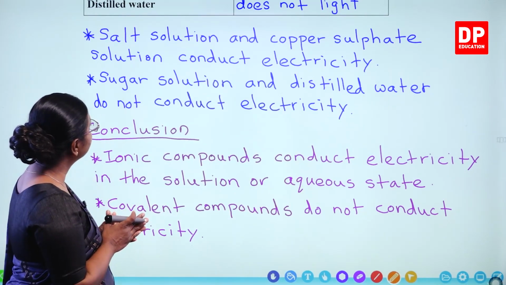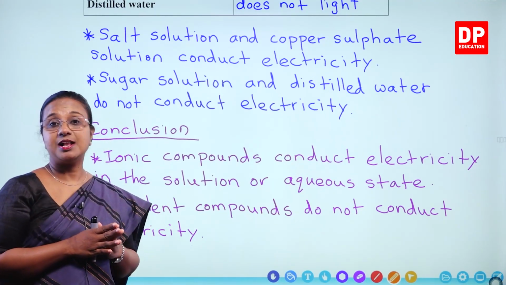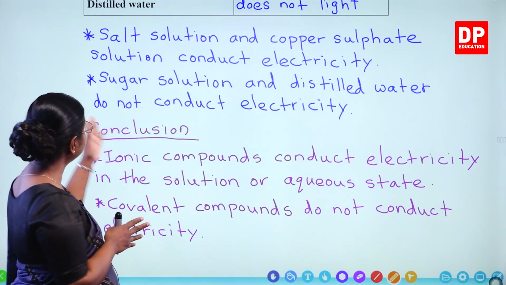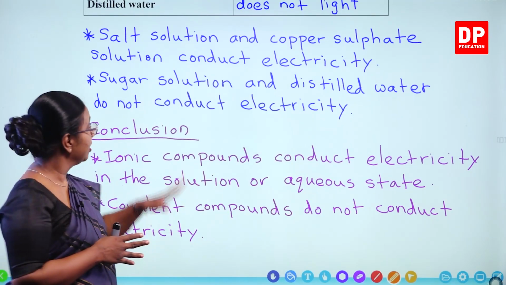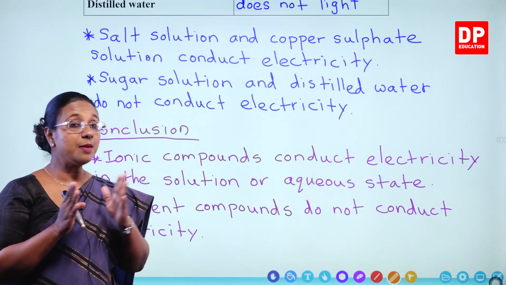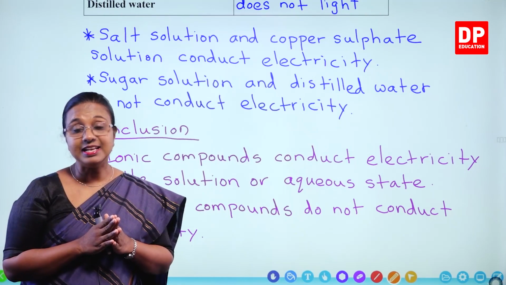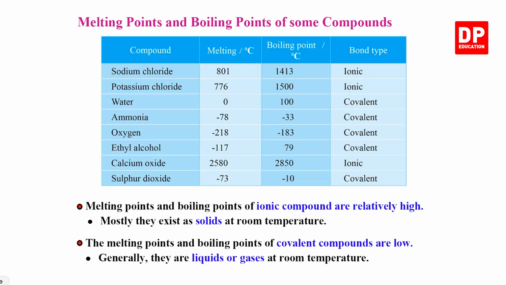You saw the observations. From the observation, we know that both salt and copper sulfate solutions conduct electricity. Sugar and distilled water don't conduct electricity. So, from that, we came to this conclusion. I am sure you can understand that, students. With that, I will move on to the properties of